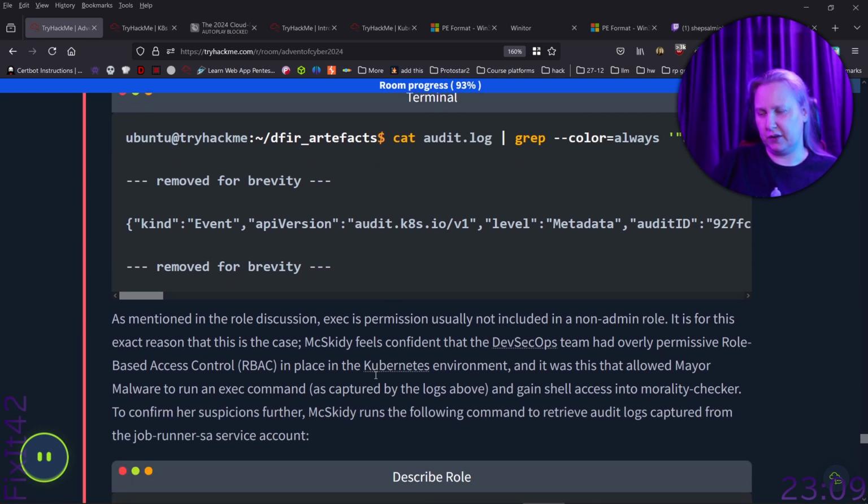As mentioned in the role discussion, exec is a permission usually not included in a non-admin role. It is for this exact reason that this is the case. Ms. Kitty feels confident that the DevSecOps team had overly permissive